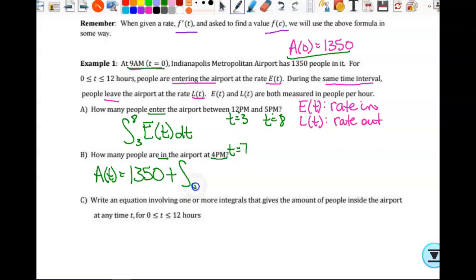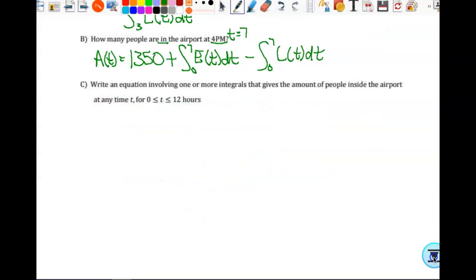So from 0 to 7 of E of t dt, then what do I have to do? Subtract people leaving. And they're leaving from 0 to 7 also, L of t dt. Initial amount plus whatever got added minus whatever left. Everybody good with that? All right, so now it says, write an equation